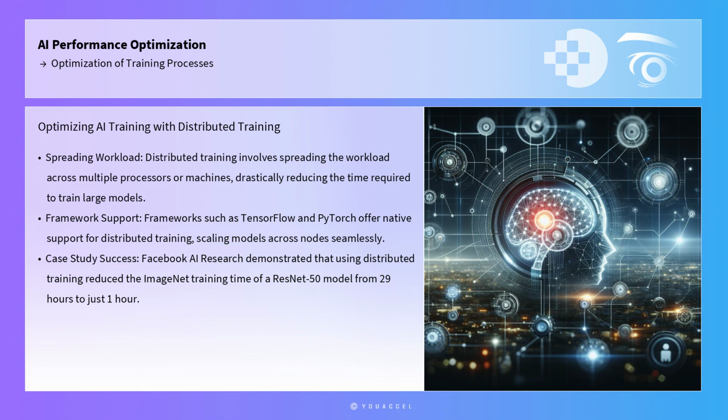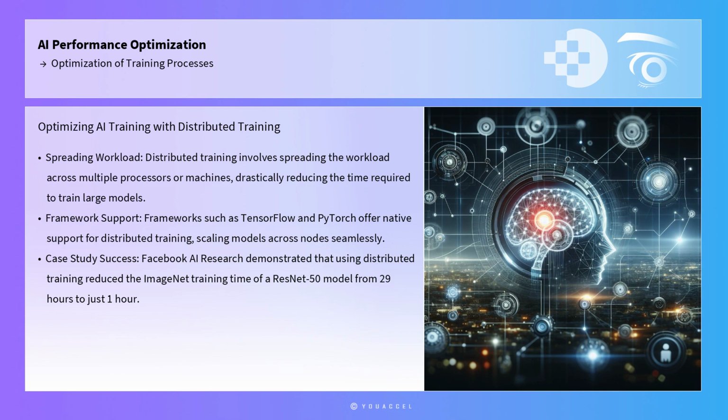Implementing distributed training is another practical approach to optimize AI training processes. Distributed training involves spreading the workload across multiple processors or machines, which can drastically reduce the time required to train large models. Frameworks such as TensorFlow and PyTorch offer native support for distributed training, allowing practitioners to scale their models